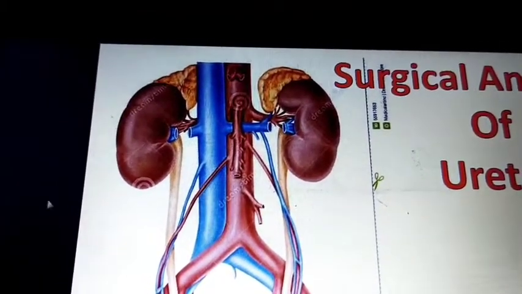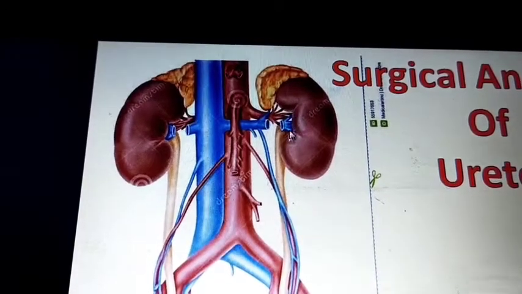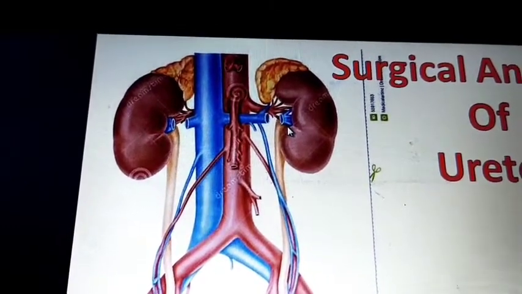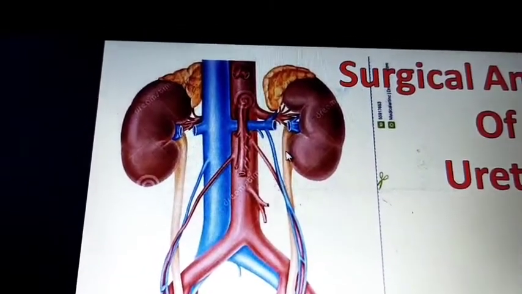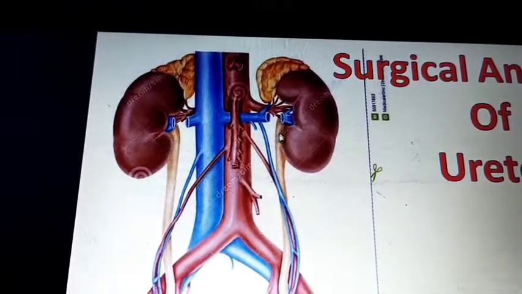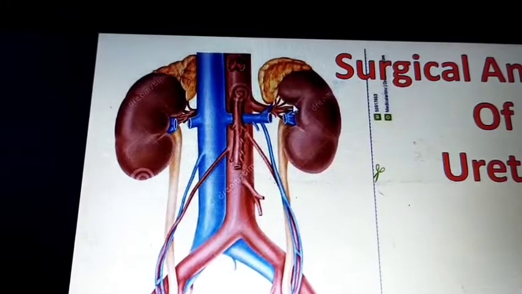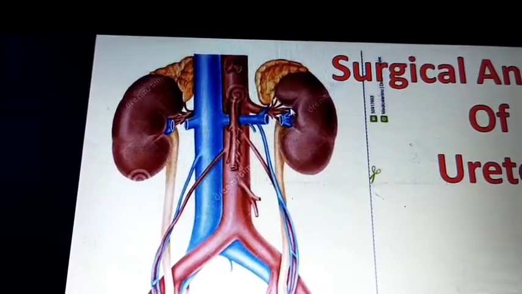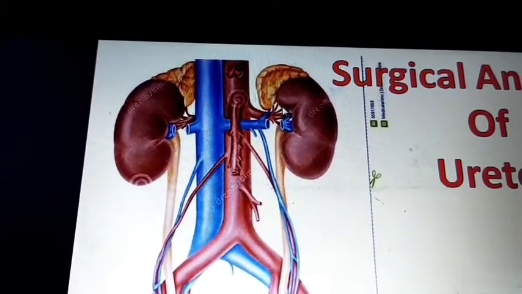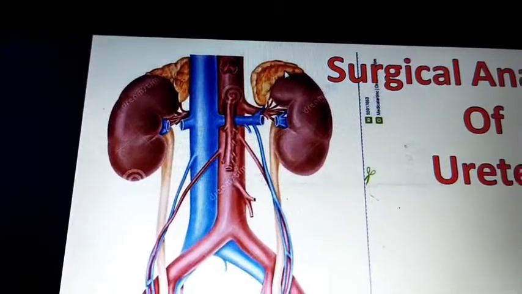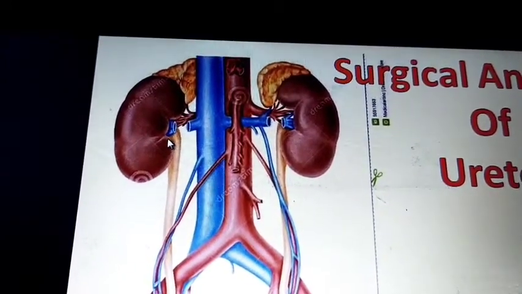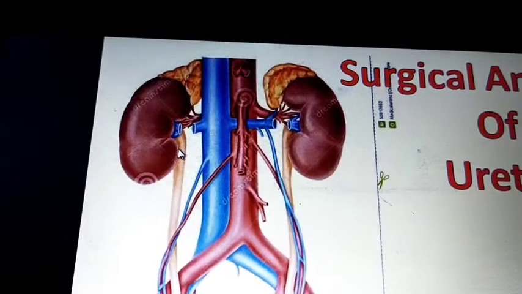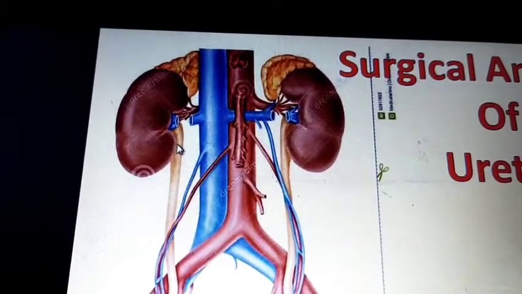And how do you identify it? It is at the medial border of the kidney, in the hilum of the kidney, where the hilum ends. Just from there the renal pelvis, or you can say the ureter, starts. At the upper end of the hilum on the medial border, the adrenal gland starts. Here the hilum ends, and from here the ureter starts, at the lower end of the hilum, at the medial border of the kidney.